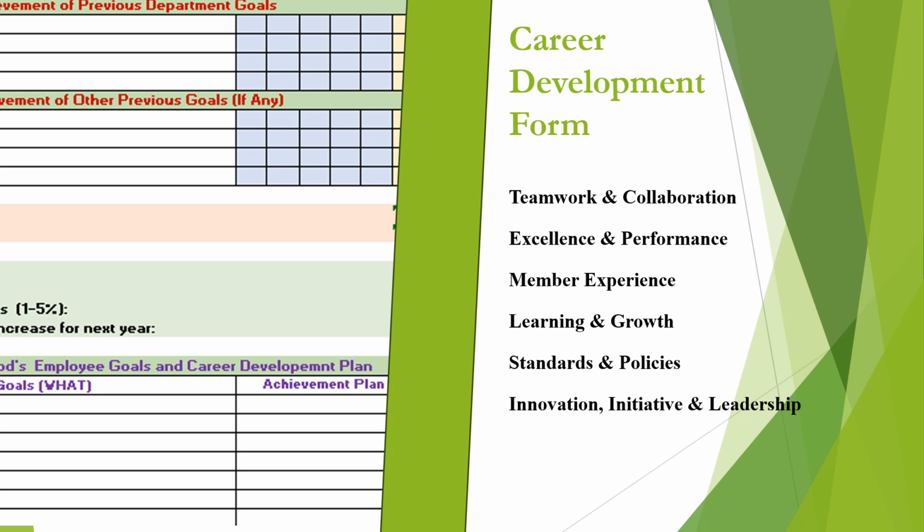Other key evaluation criteria include teamwork and collaboration. At our club, success comes from working together. We foster a supportive, collaborative environment where clear and constructive communication is key. Everyone plays a role in maintaining high-quality work, accountability, and shared success.